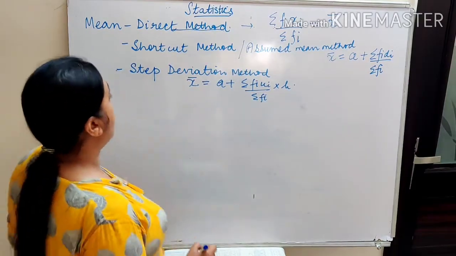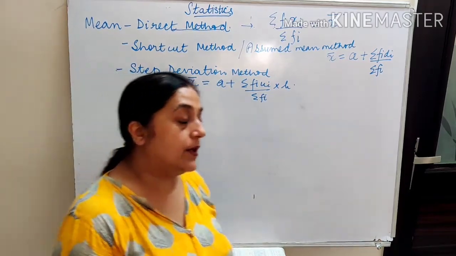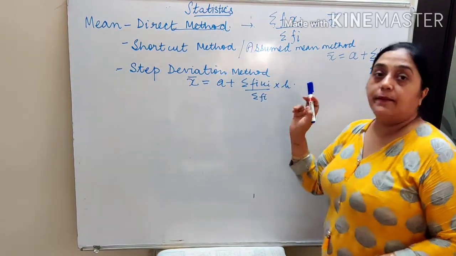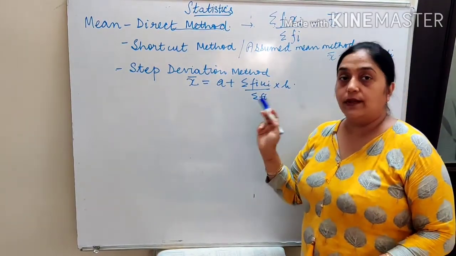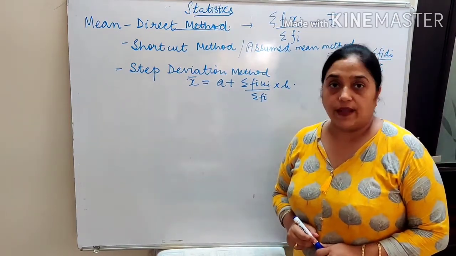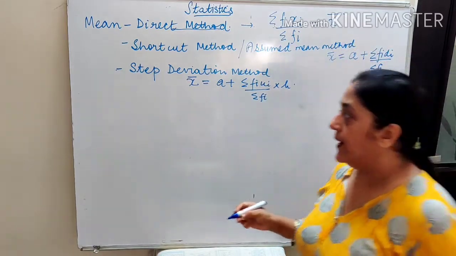So let us take one question and do it by both the methods. What I told you yesterday was that while doing it from these three methods, the methods will be different, but the mean you will get is the same value. I have done that in one question already, so I am taking up one more question.